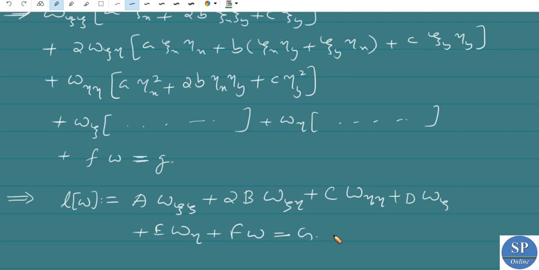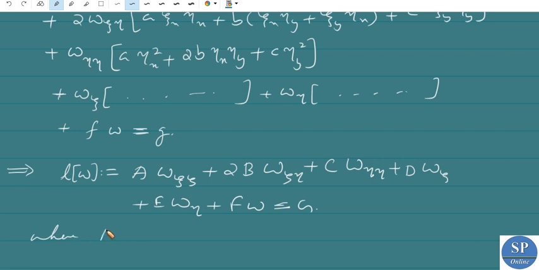Okay, so our aim is to verify that the type of the differential equation, the type of the PDE, is invariant under the non-singular transformation. So we have to find the type of this PDE. We have obtained a PDE with the dependent variable w and independent variables ζ and η. Okay, so we have transformed our PDE to this PDE.